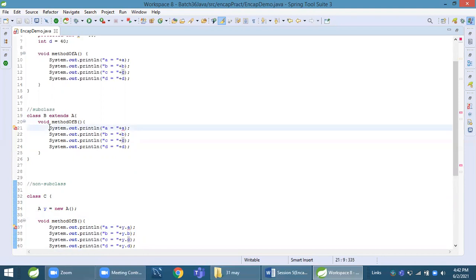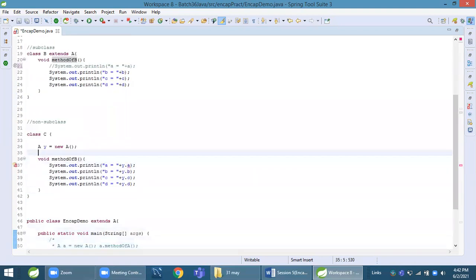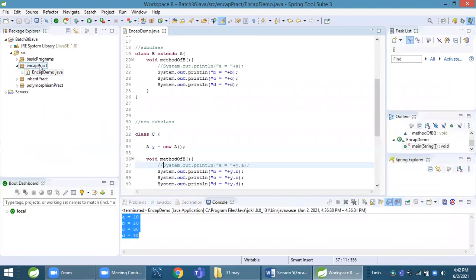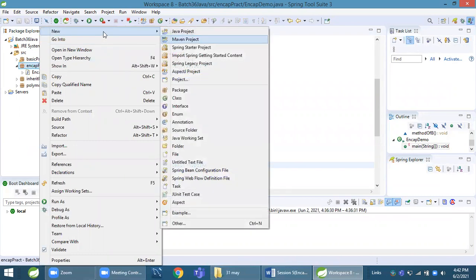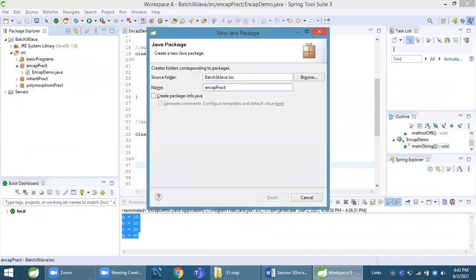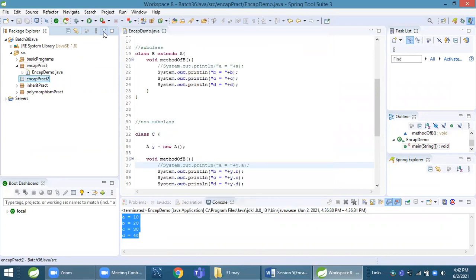Let me comment this. Now what we will do? We will create another file called ncap demo 2. This ncap practice. We will create one package ncap practice 2.